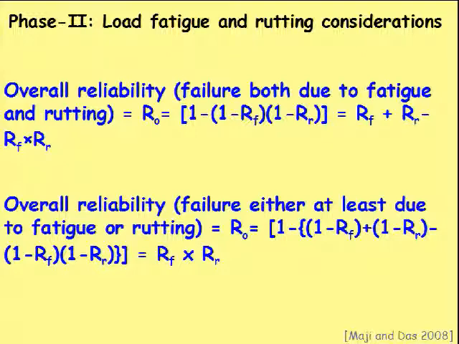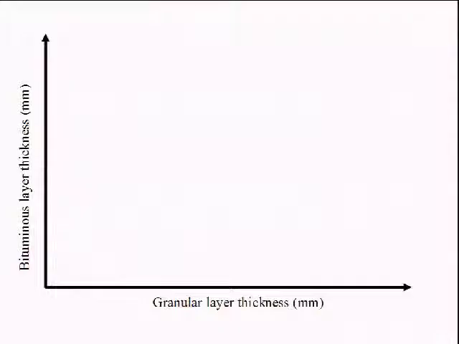It's like an analogy can be drawn: the kidney fails and the heart fails, whether this is a better option than either one of them fails. Of course, we have to come up with a suitable definition, which one works good. Personally, you may again disagree, I would like that this definition is all right: failure either at least due to fatigue or rutting. And if this is so, a simple probabilistic calculation will say that the fatigue reliability and the rutting reliability, if you multiply, would give the reliability value.